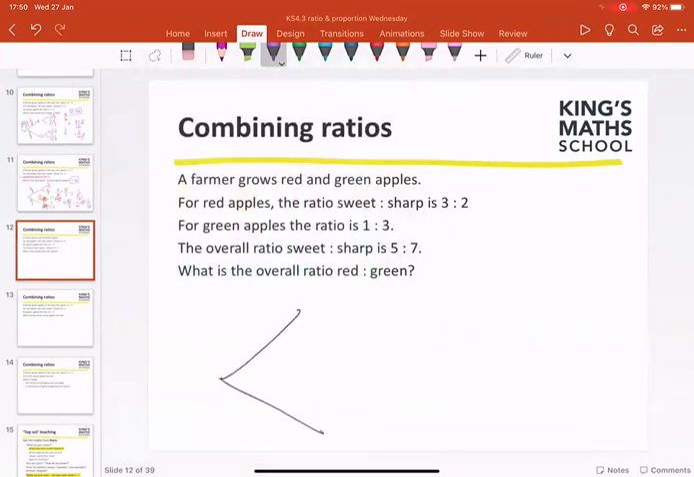We've got the same tree diagram, but, as you can see from the question, what we haven't got is the red to green ratio. We've got everything else, but we haven't got the red to green ratio. So